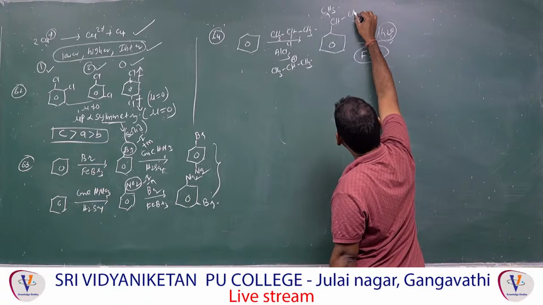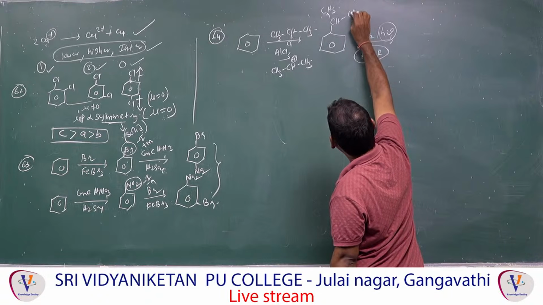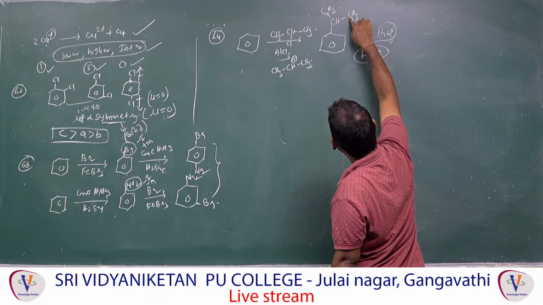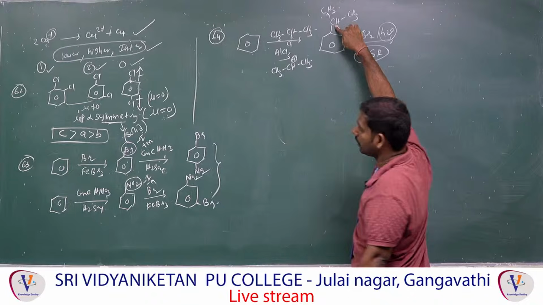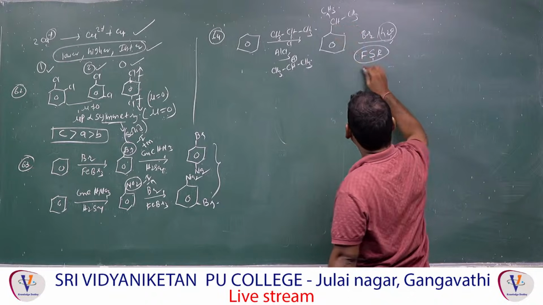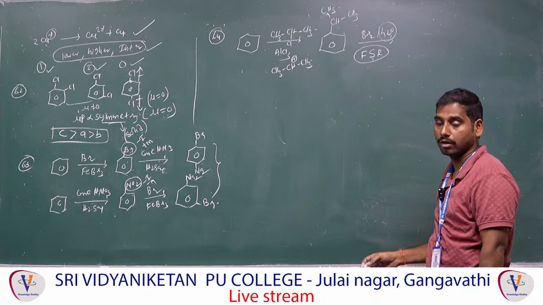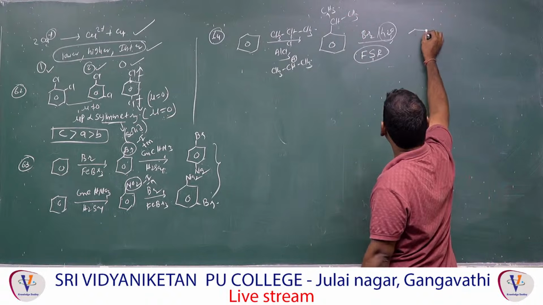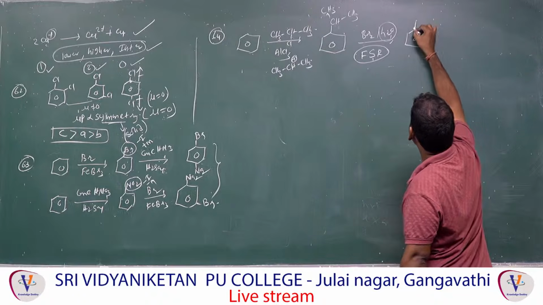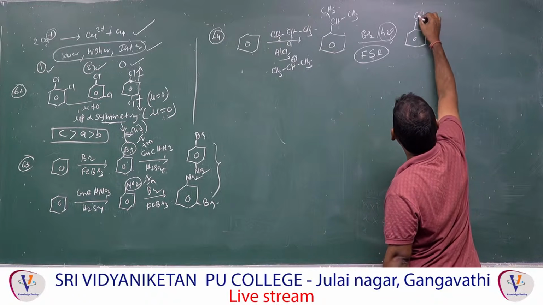If the hydrogen here is replaced, that is called a primary free radical because it is a primary carbon. If this hydrogen is replaced, that is called a tertiary hydrogen. That means a tertiary free radical. Primary free radical and tertiary free radical, which one is more stable? Tertiary. That's why we have to attach the bromine only there. So the answer is